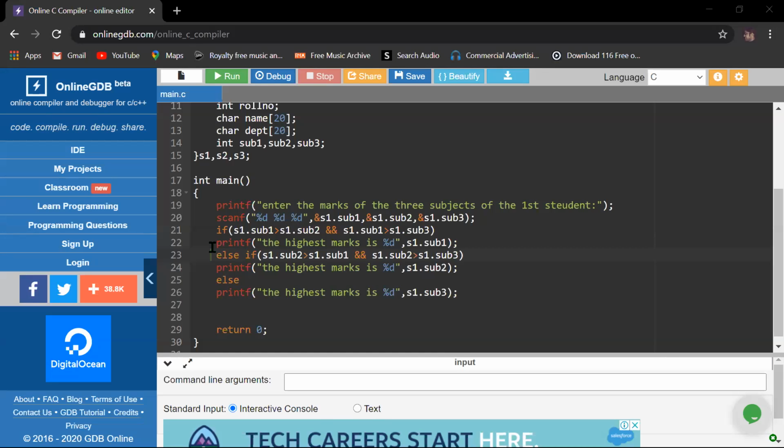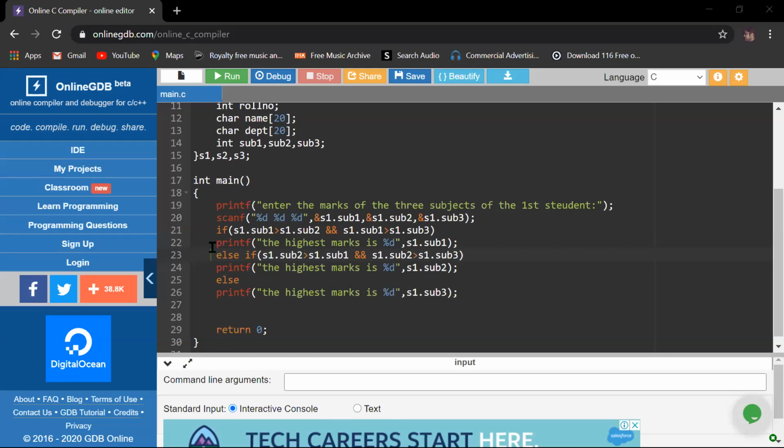There is no existence of S1, S2 or S3 individually because we have an array. So that's why our syntax is: if Si.sub1 is greater than Si.sub2 && Si.sub1 is greater than Si.sub3, then we easily can say that Si is getting the highest marks in subject 1.